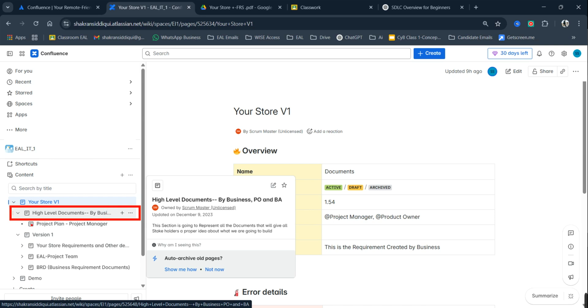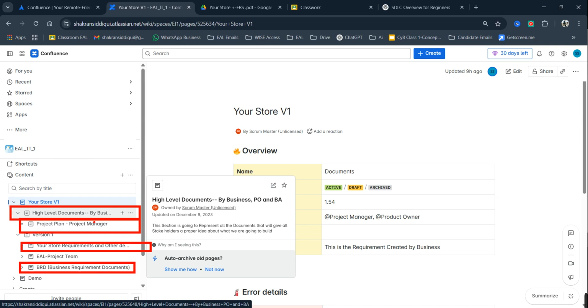Below the high level documents, the sections you can see here, such as the project plan or your story requirements, BRD, all of these things come under the high level documents because everyone will have access to all of these documents and sections. They are all under the high level document section. Okay. Now,